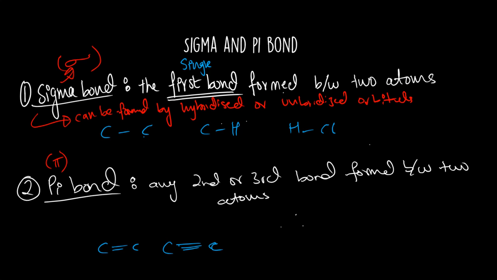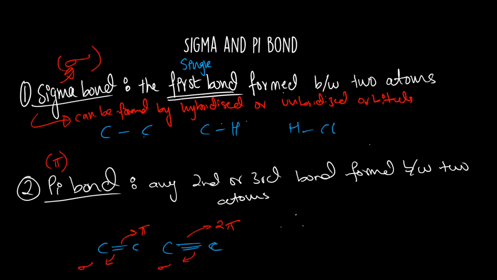Now in this case, one of these is, the first bond, whichever bond it was, the first bond that was formed was sigma, but the second one was pi. And in this case, the first bond, whichever one again it was a sigma bond, but the remaining two that were formed were two pi bonds. Okay,